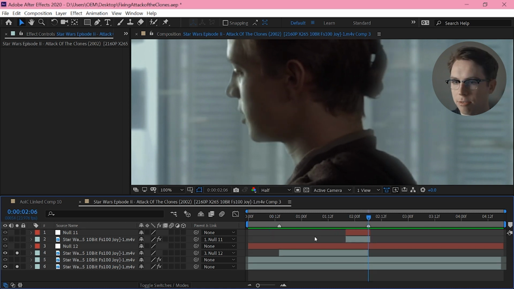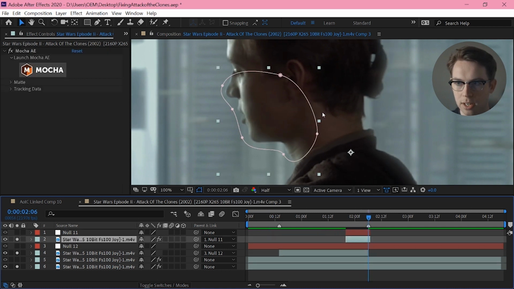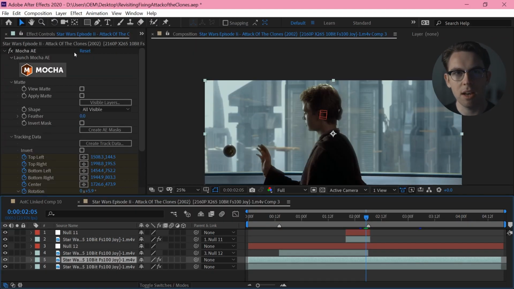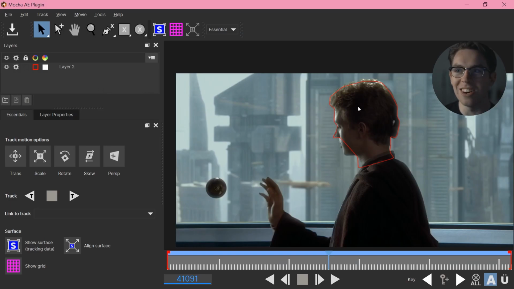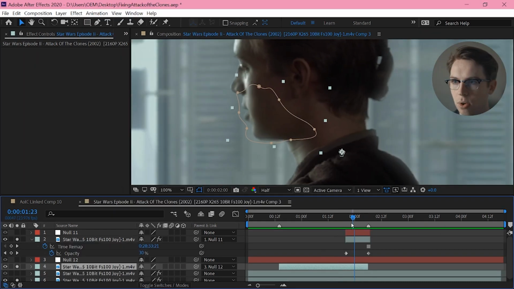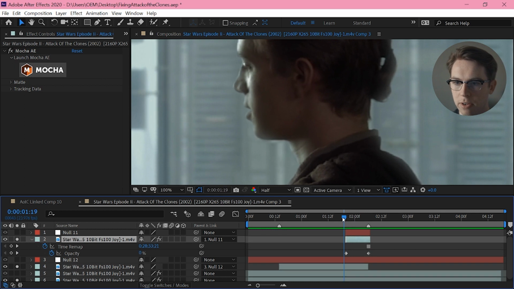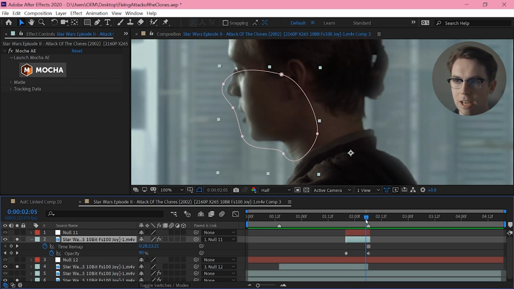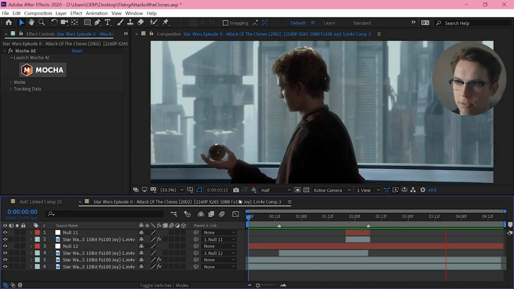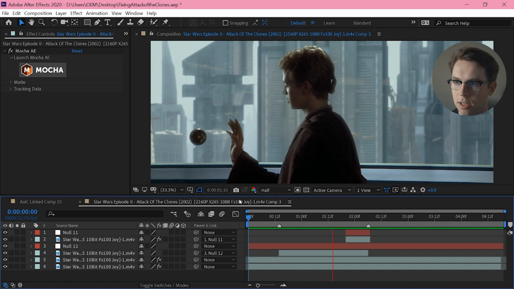So I also need to take a freeze frame of his face at this point and then track that going in the opposite direction. If my tracks were better, I wouldn't have to track it in both directions, but because I'm not doing an incredible job here, and I'm not even really using the right tool for the job here, I've had to do two tracks and just sort of marry them up in the middle. And then to blend the two, I've just got the opacity of the top one fading. So it literally just fades on over the original. And everything combined, that gives us the full effect of this.